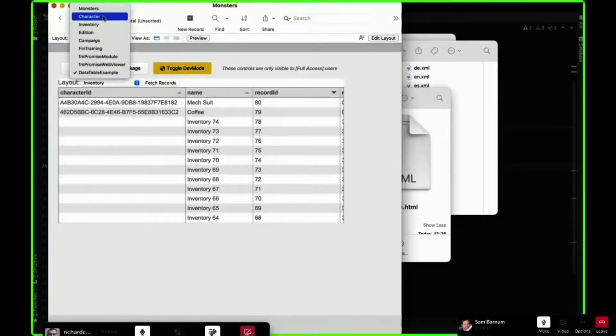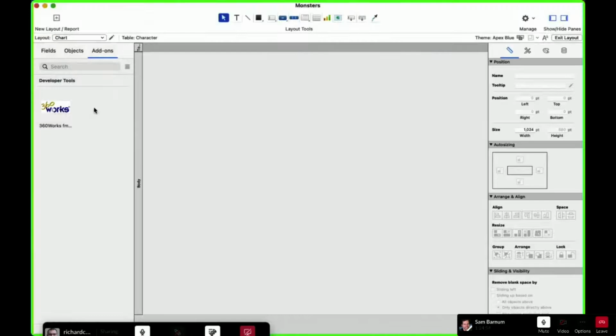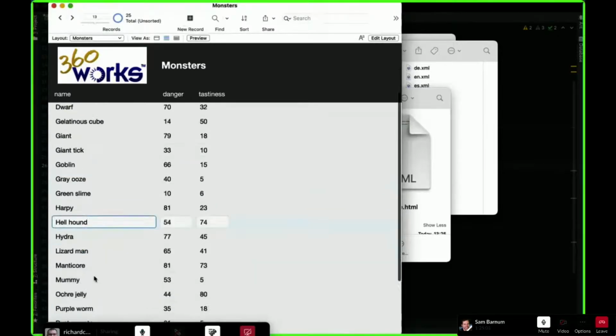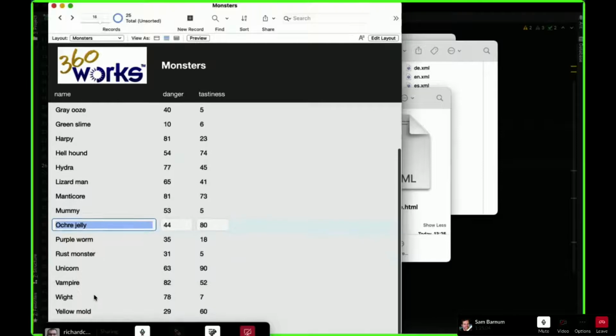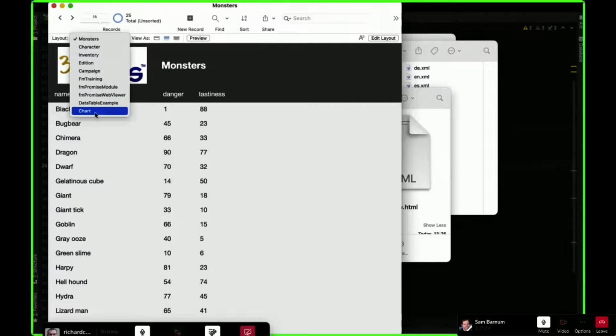Oh, and one other thing that I really want to show is the chart. One of our tables here is the monsters, D&D monsters, like the giant tick and the hellhound and the ochre jelly. And I was wondering, how tasty are these things versus how dangerous they are? So you've got two fields, one for danger, one for tastiness.